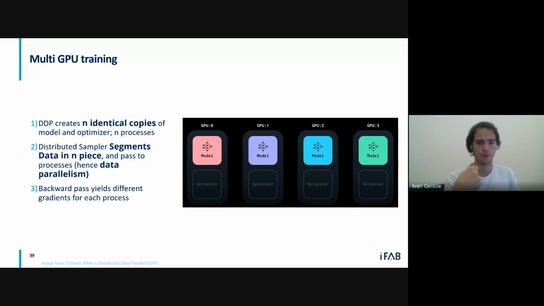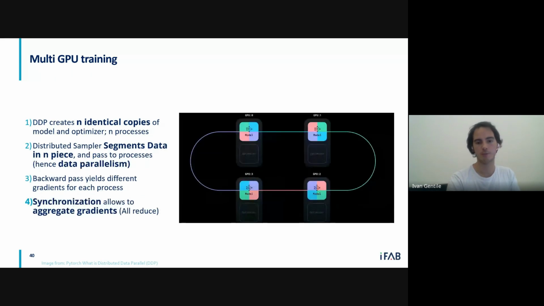We have a complication from this. What happens is that if we give the data to the different models, we're going to go forward with the process we have seen before: compute the forward pass, compute the backward pass, get the gradients. What happens is that the gradients are different. We then have different columns of gradients for each GPU. If you then try to update the model weights now, each model is going to be different, and we're not effectively training in parallel.